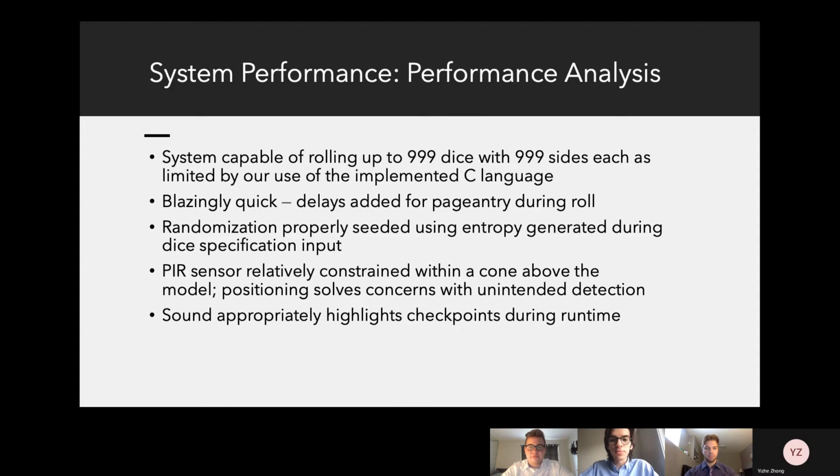The cruel thing about random number generation is that to do so, you must first have a random number. This is called encoding or seeding using generated entropy. To generate entropy, the device counts on a scale of milliseconds the time it takes for the user to input the dice specifications, functioning as a pseudo-random number generation, as mentioned. We solved any troubles regarding detection issues with simple smart positioning of the PIR sensor in a cone above the hardware. We also met the non-essential needs of a beautiful ASCII animation display and sounds throughout to highlight key checkpoints